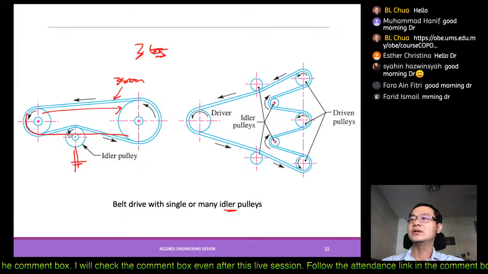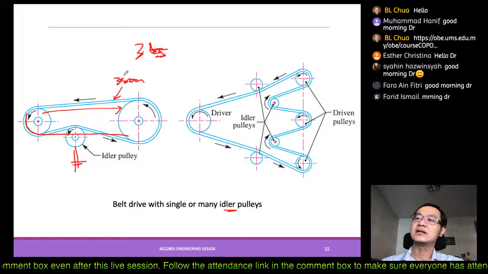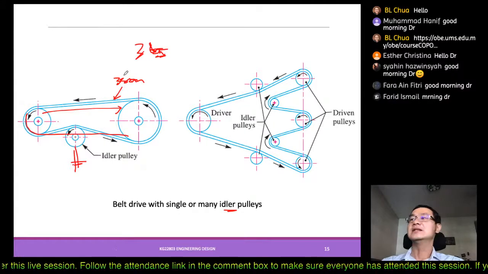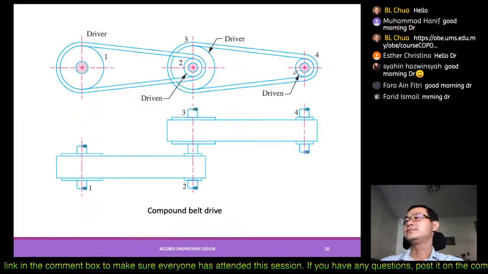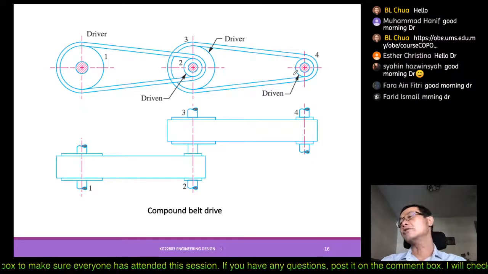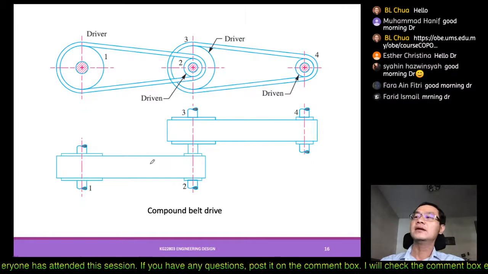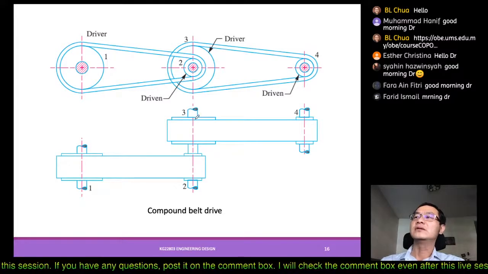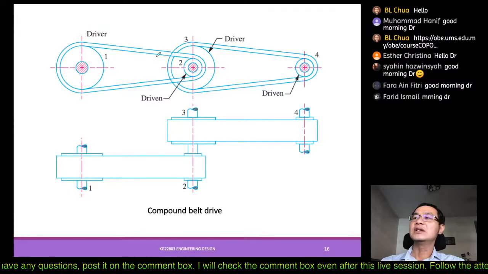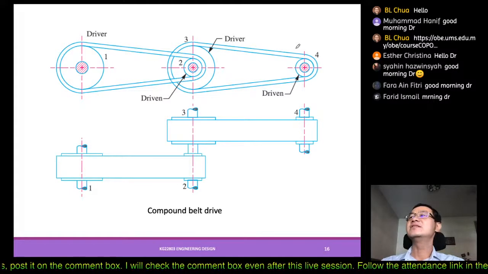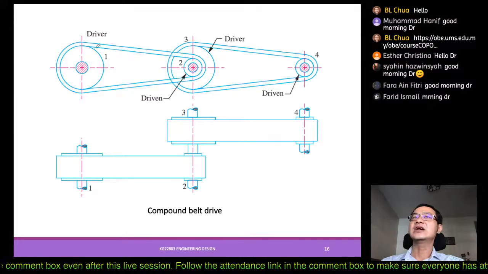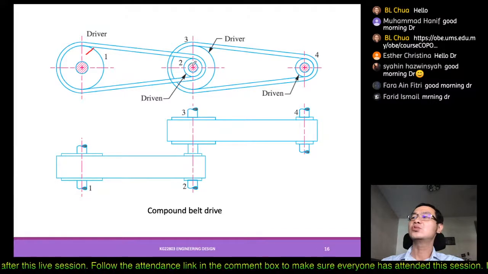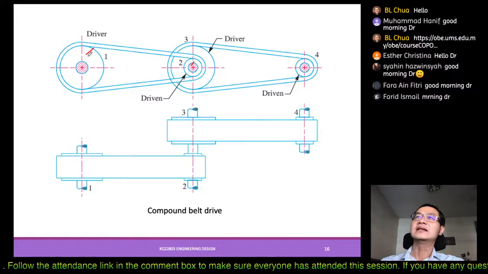So sometimes this is 38 or 40, they don't sell 35, right? So that is why you need this idler pulley. You can also compound them together from one combine to the other one, because you need further reductions, that you will see later on, that when you combine these two pulleys, the angle of the